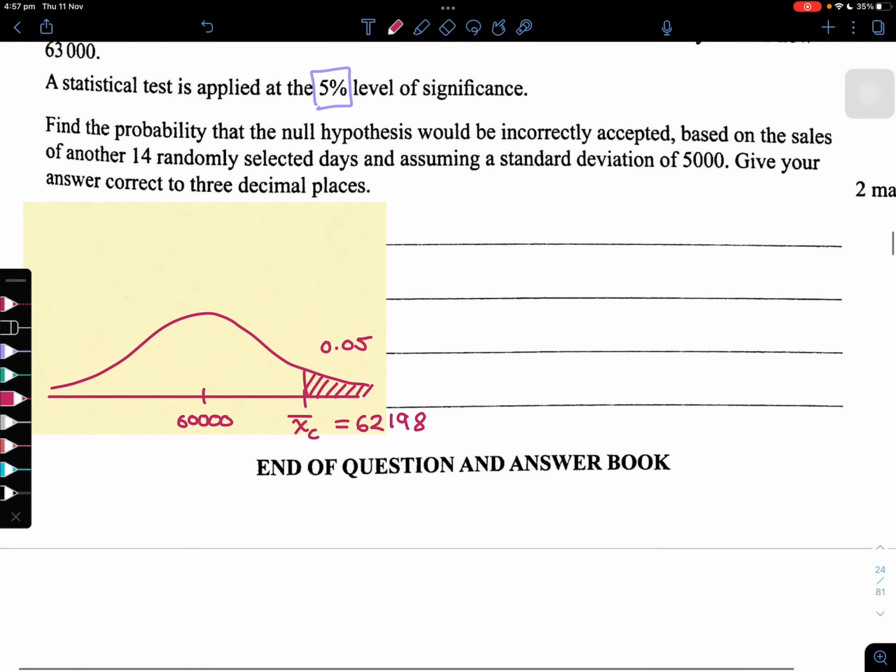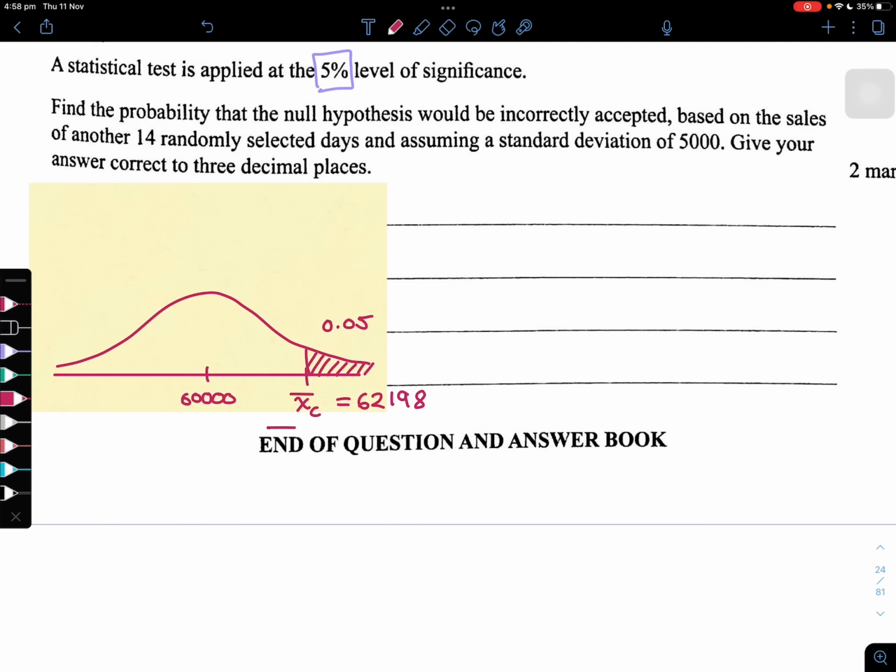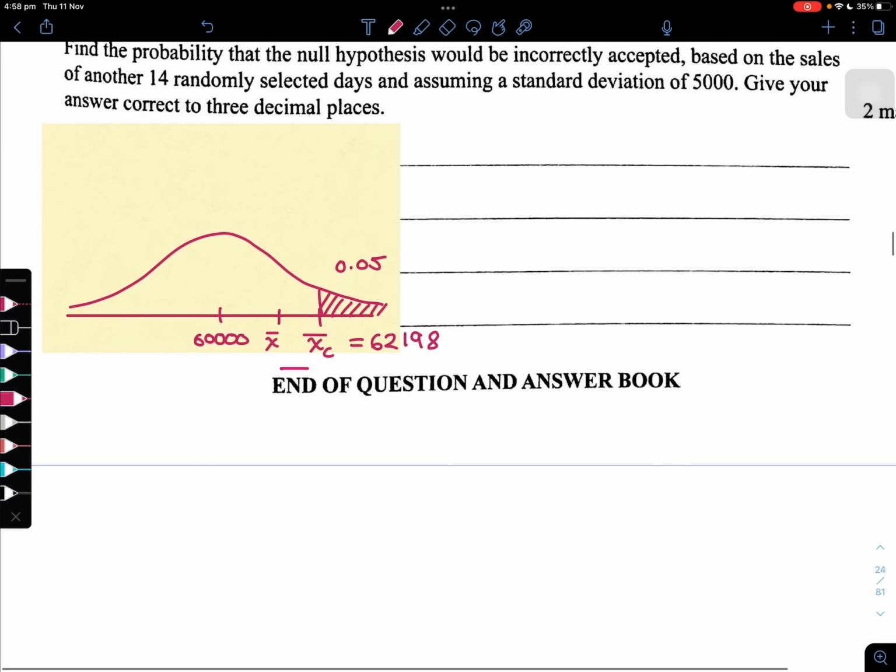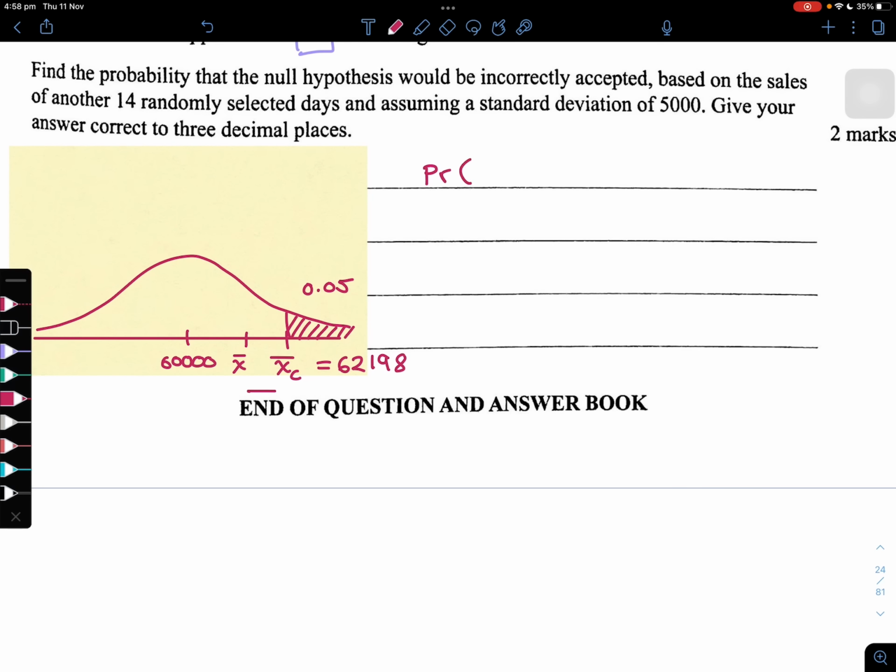Now remember, we accept the null hypothesis if we don't have enough evidence. So we basically need to have our sample mean that is to the left of that critical value. Because if we have a sample mean that's to the left, the area to the right of it, or the p-value, is going to be bigger than that level of significance. And that's going to lead us to believe that the chance of getting something that extreme is pretty likely, and therefore the null hypothesis can't be rejected. So what we need to do here is work out the probability of us getting something that's smaller than this,